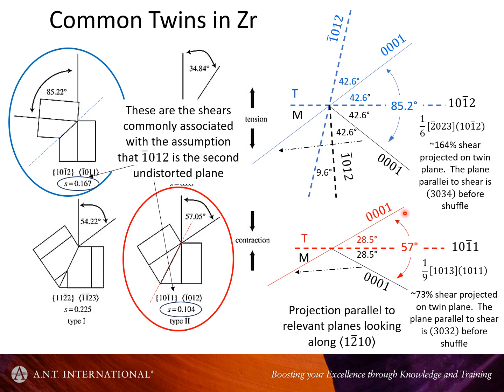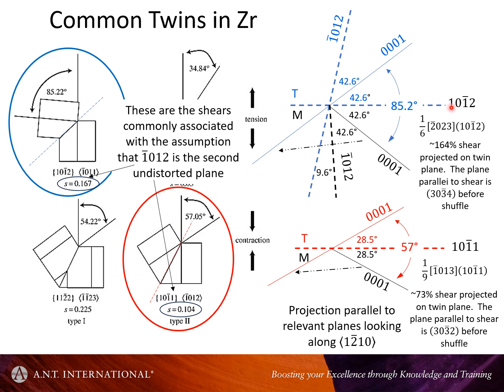I'm not going to get into it here, but these shears represented here are not the same as the shears that I calculate with this twinning mechanism. This is kind of an odd way of looking at the twinning, by looking at the final product of the twinning operation. Because one of the things I omitted to say is that these shears, and if you'd seen this with the video of the ball model demonstration, even though this plane would be the second undistorted plane,